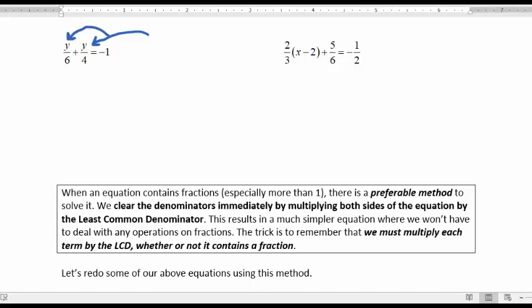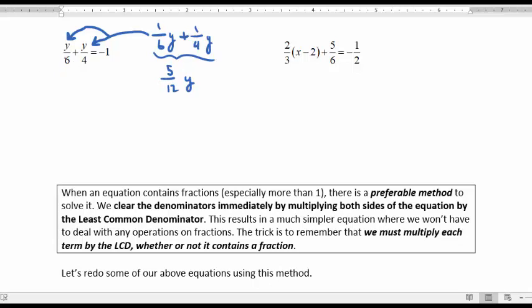Because y over 6 is really the same as 1/6 y, and y over 4 is really the same as 1/4 y. So these are really like terms. So these can actually be combined with a common denominator of 12, and this would be 2/12 y plus 3/12 y, and it would give you